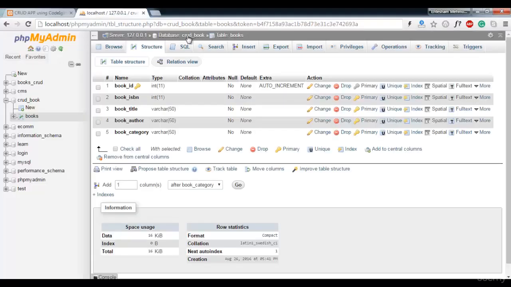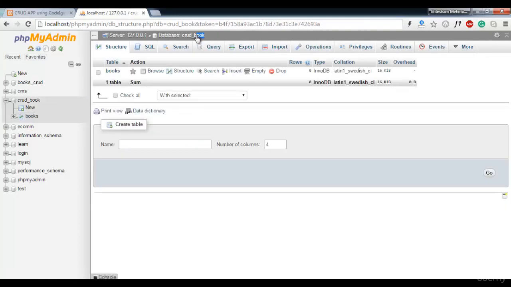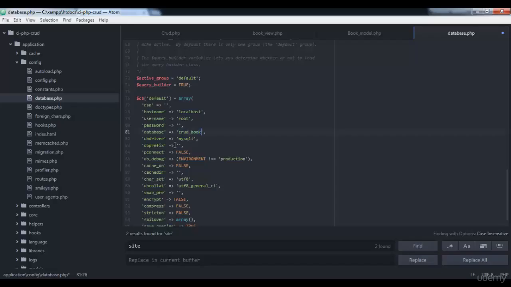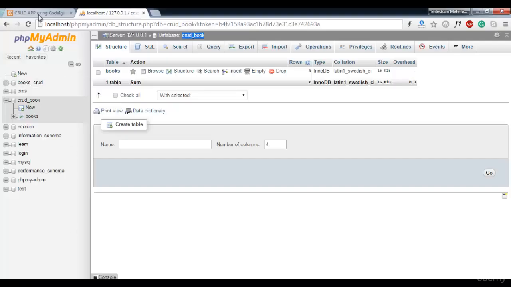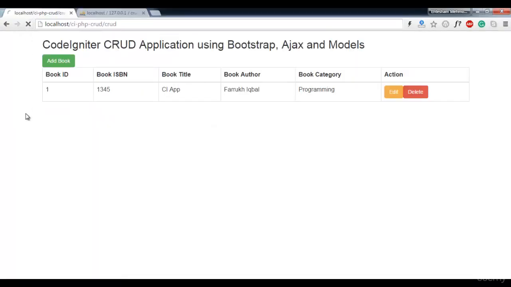Go to phpMyAdmin and copy the database name, CRUD Book. Paste it here. Okay, then DB driver is MySQLi. So write according to which you are using, WAMP or MAMP. So write your database name here, and now come to the browser, fetch the application,